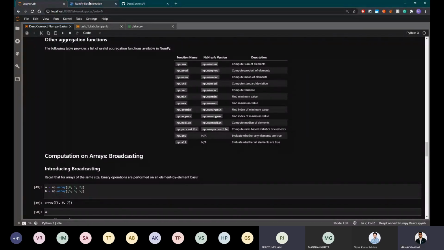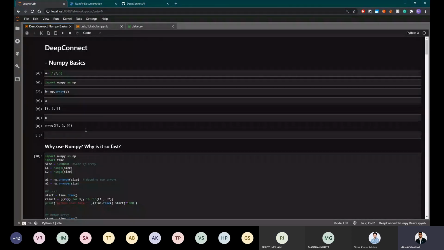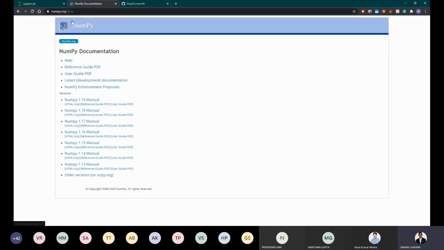Okay, so we'll move on to the labs then. Before we move on to that, even we don't remember all the syntax of these libraries. So if you're going through a tough time, simply Google it. And there's this beautiful thing called the NumPy documentation, which literally has the guide to anything and everything related to NumPy.